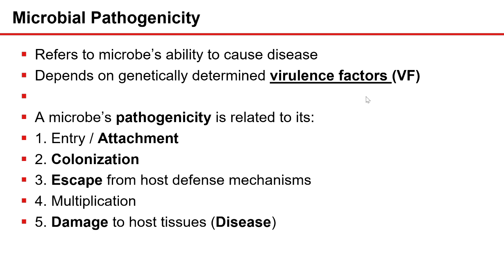So, for microbial pathogenicity, we're going to be talking in this class a lot about pathogenesis, how these bugs cause disease. So, first thing all these bugs have to do is they have to attach to you, okay? So, what are they going to use to attach? Well, they have these structures called pili, also known as fimbriae. Many of them have a really thick, juicy capsule. Some of them have a highly irregular, loosely attached thing called a slime layer. Okay? So they have different ways, but until they attach, right at the very top,